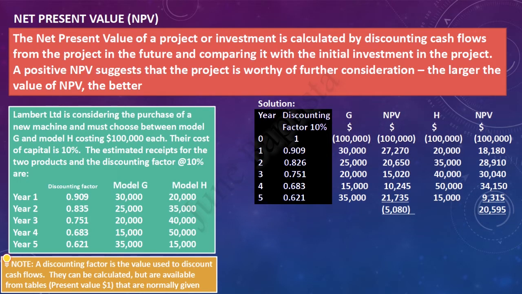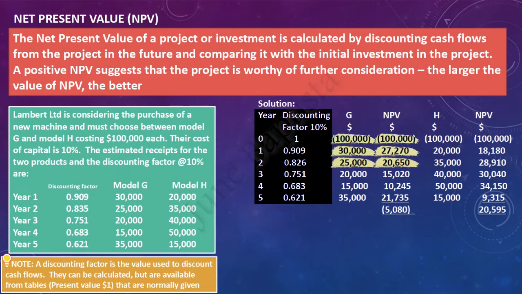Solution. Year 0, let us take project G. The discounting factor is 1, and there is an outflow of $100,000. In year 1, with the discounting factor multiplied by the net inflow of $30,000, we get an NPV of $27,270. In year 2, with the discounting factor multiplied by a net inflow of $25,000, the NPV is $20,650. In year 3, with the discounting factor multiplied by the net cash inflow of $20,000, we get an NPV of